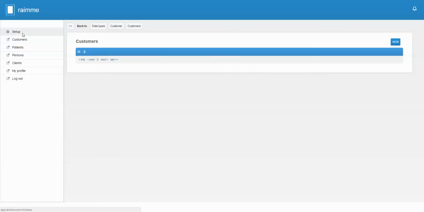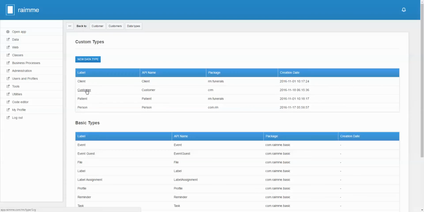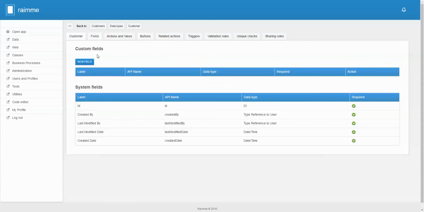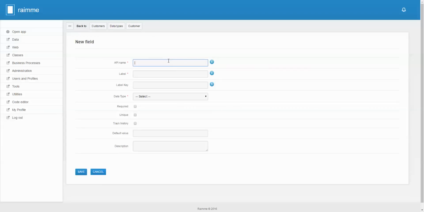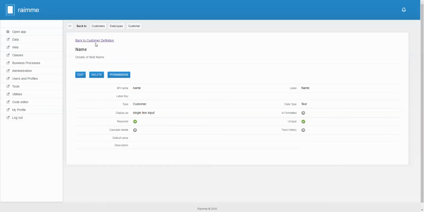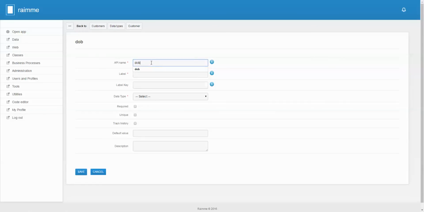So let's say we want to add some fields. We just go back to setup, go back to data and data types, select our newly created customer data type, and we will add some fields. So let's add a name field, name. It will be a text field, and it will be required and unique. We will save it, and we will add a date of birth field, date of birth, and it will be a date field. Let's not make it required,